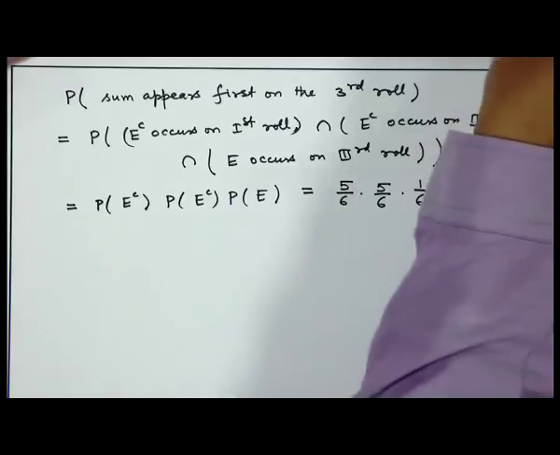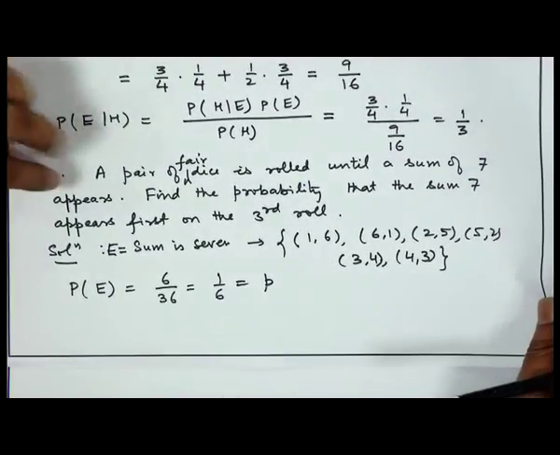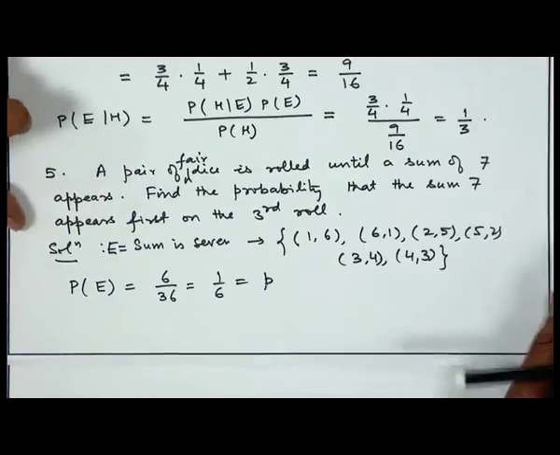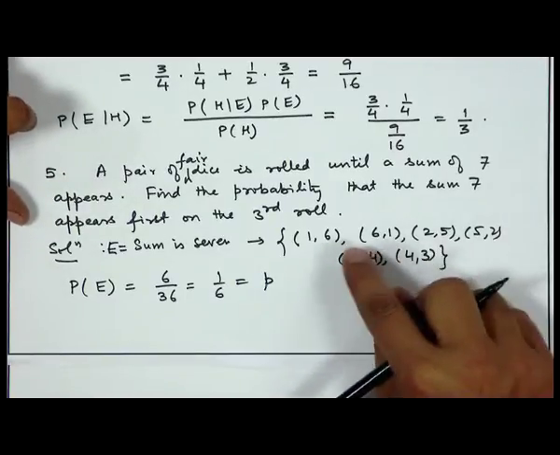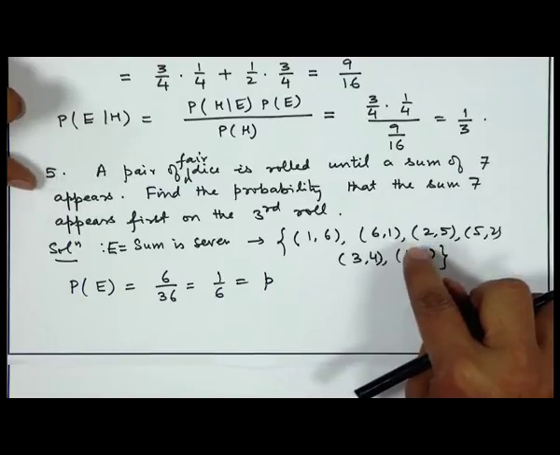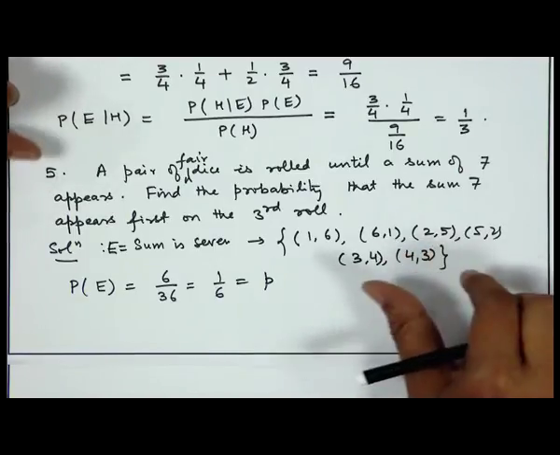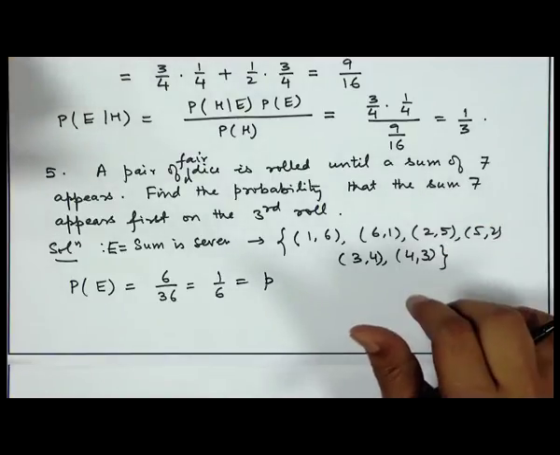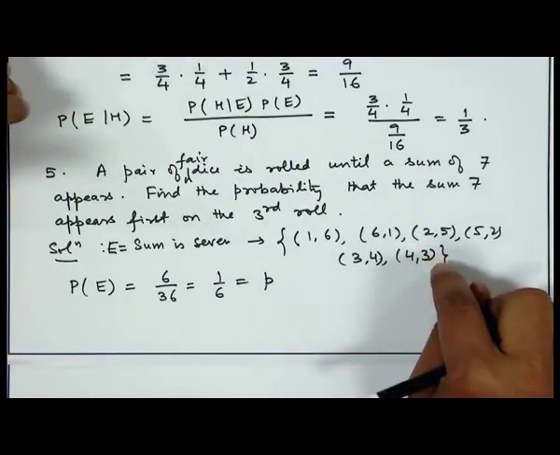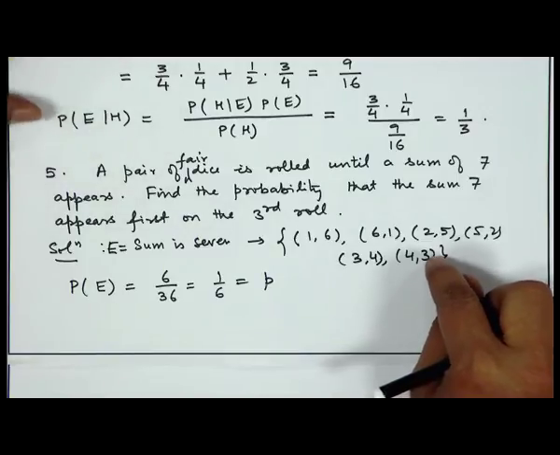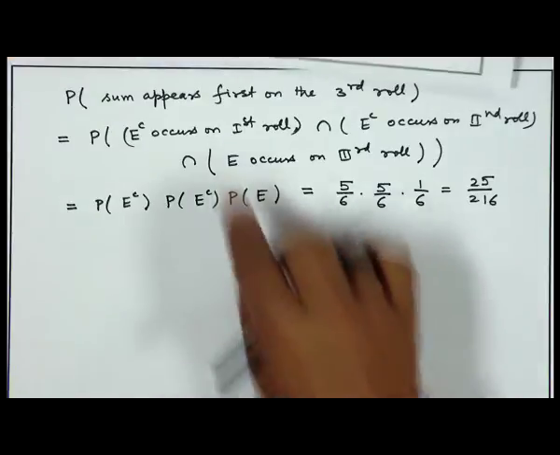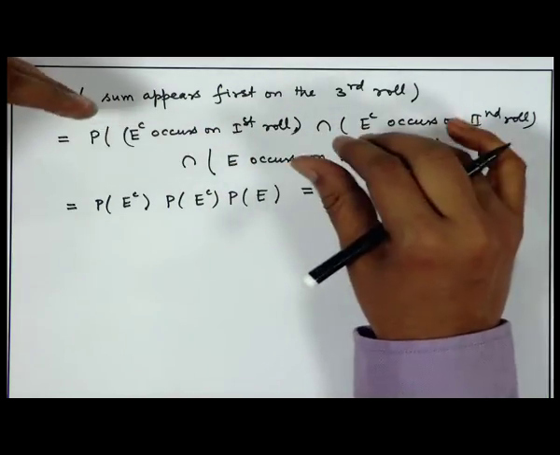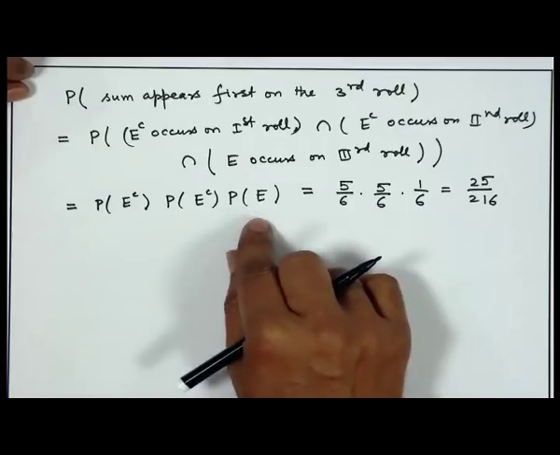So, if we analyze it carefully, what are the principles of probability that have been used here? Firstly, we have used the mathematical or classical definition of probability, because we have considered fair dice. So, the cases are all equally likely, all the 36 cases are equally likely. Secondly, we have used the independence concept, that means the rolls first, second and third are independent, therefore the probabilities can be multiplied.